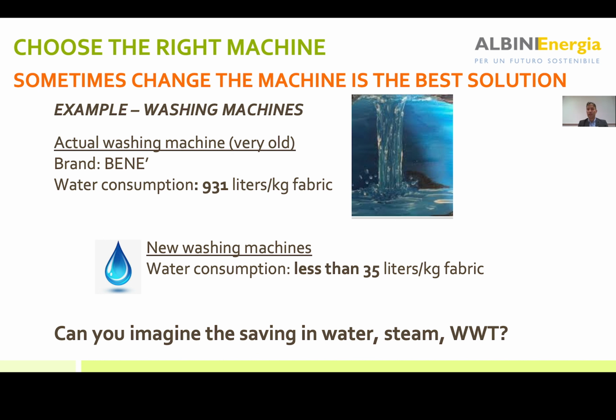Actually, sometimes your customer decides to go with the old technology just because maybe it's more trustable, because he prefers to stay on the safe side, because he doesn't want to have problems in terms of quality. On the other hand, he cannot easily understand the weight of his decision, I mean, the costs related to such a decision. Really, it's not just related to energy efficiency, but also to water consumption. I mean, 931 liters per kilogram is a huge amount of water compared to the 35, which is the benchmark of such kind of activity.